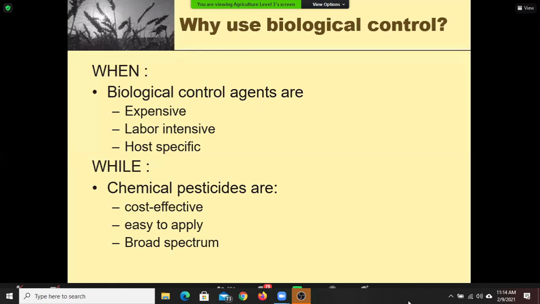But on the other hand, biological control agents are costly and they're labor intensive. So if we want to use the biopesticide or biofungicide or any kind of bioproduct to control the pest, it requires lots of labor, and these are especially host specific, whereas the chemical pesticide is broad spectrum. But still we use biocontrol. We suggest the farmers to use biocontrol. Why? You can see here,